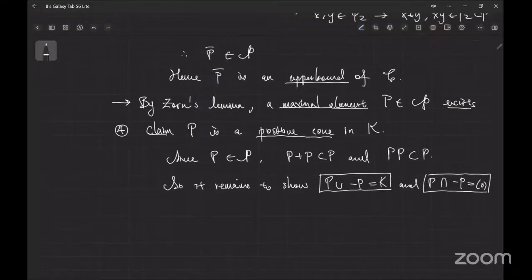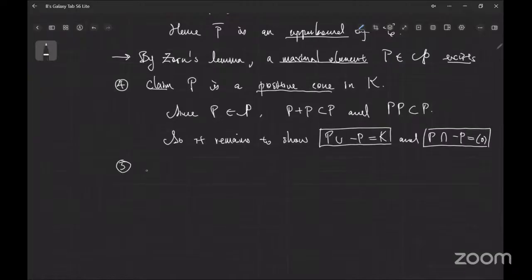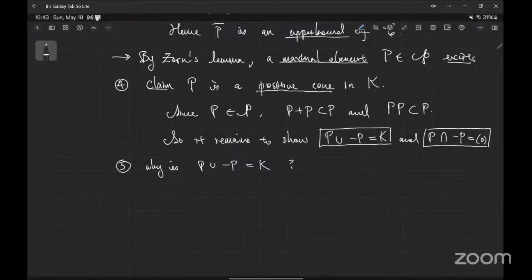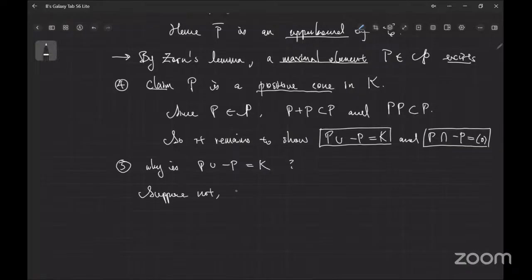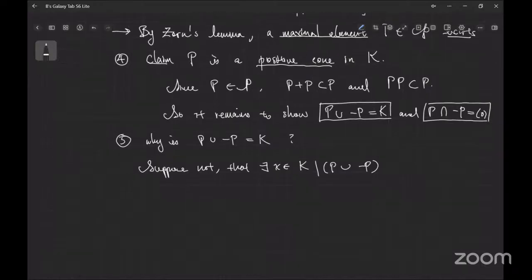Well, let's first show the first box. So step 5: why is P union negative P equal to K? Let's assume it's not. Suppose not. That there exists some x in K, but not inside this union. So some x is neither in P nor negative P. So we miss one. What does that mean? So we're going to consider